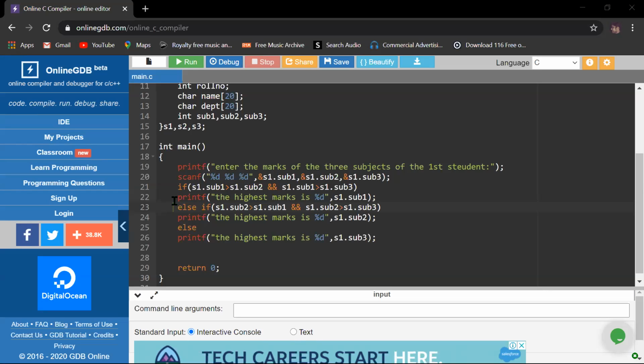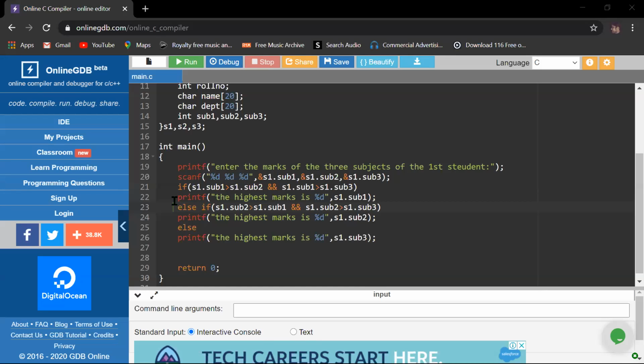Now we already know how to print the roll number, name and department. We are not bothered about that. So we have to now print the highest marks of each subject. So for printing the highest marks of each and every paper, we have to define our conditions like Si.sub1, Si.sub2.